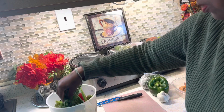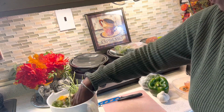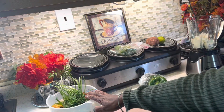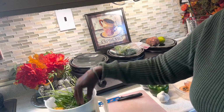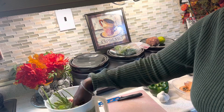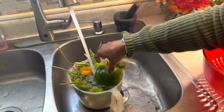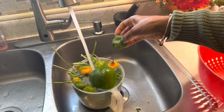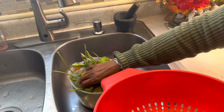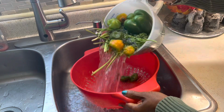Now I washed these, so I'm just gonna pour the water off of here. You just want to make sure that your parsley and the recao, or culantro, the other name, you want to make sure they're all clean. So I'm gonna pour the water off of here and rinse this one more time. Okay, so I already washed these in vinegar, so I'm just rinsing them out. And now I'm just gonna pour everything into my